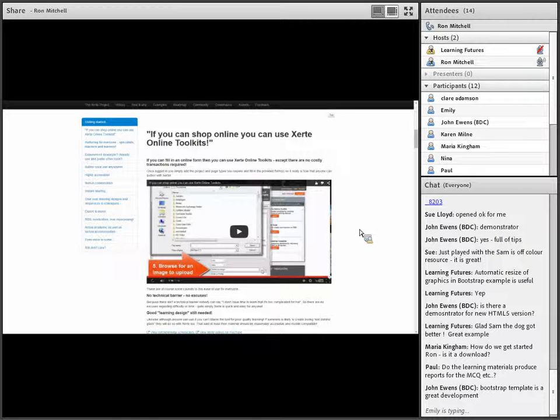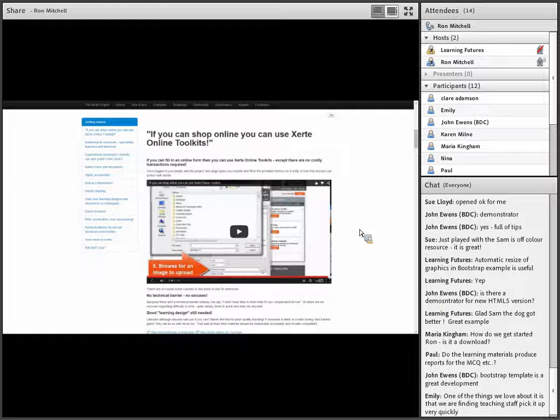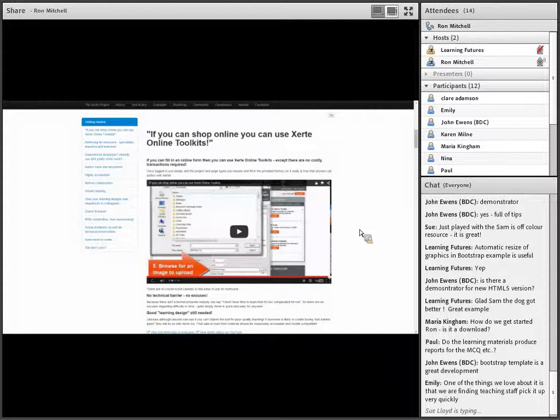The flip side of that is that when it comes to creating effective learning content and exploiting the full range of functionality, I'm finding it these days a bit tricky to cover everything in a day's worth of training, simply because there is so much power and so much functionality. And I'm not talking about technical functionality, I'm talking about teaching and learning benefits and pedagogical benefits. So it's certainly cheap and easy to use and free to use, and you can grow with the tool in terms of the quality of the resources that you would create.